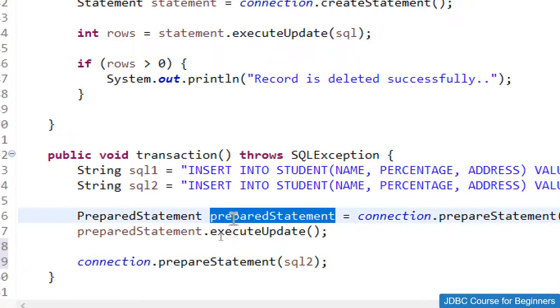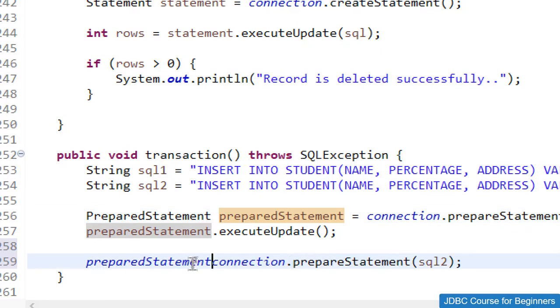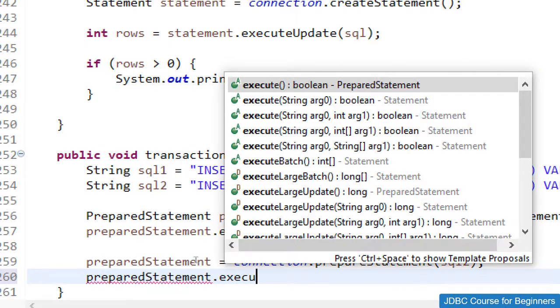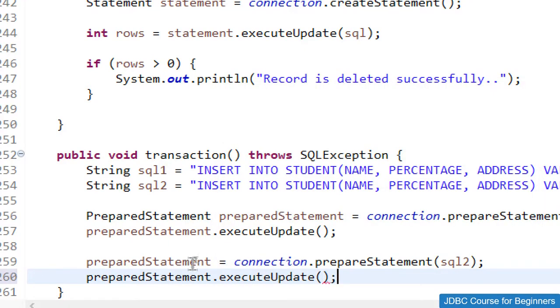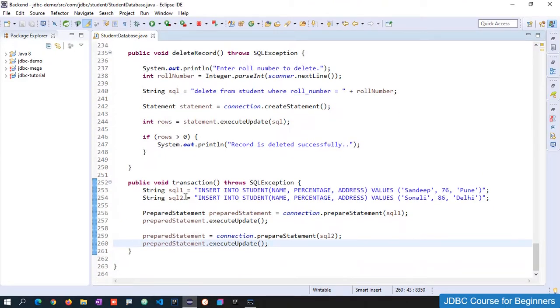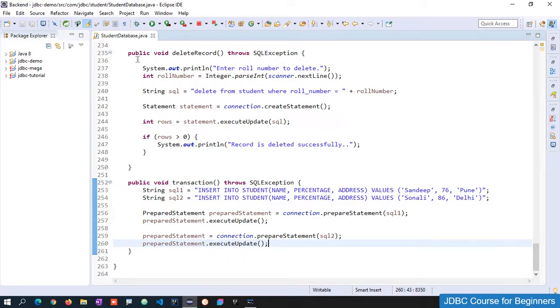So I just need to use the previous one that we have already created like this one, and now again we just need to use preparedStatement dot executeUpdate like this, and let me just save these things. And over here we have two different queries and we are trying to perform the two different queries with the help of prepared statement.